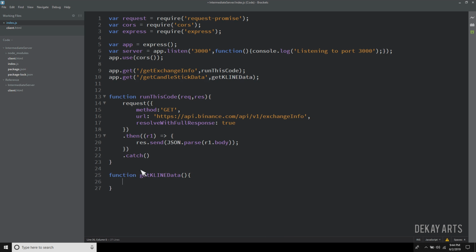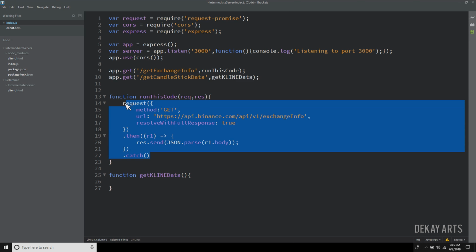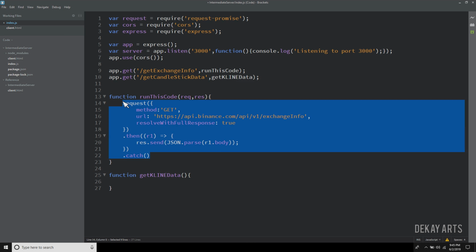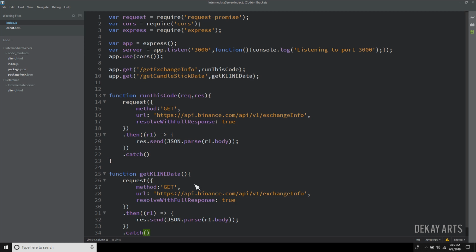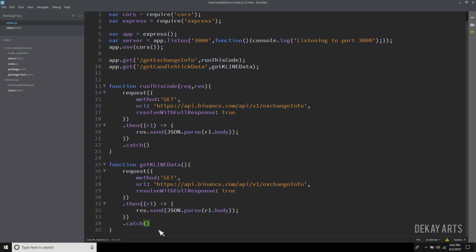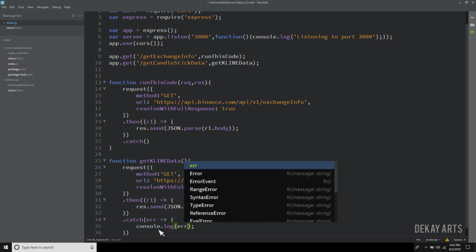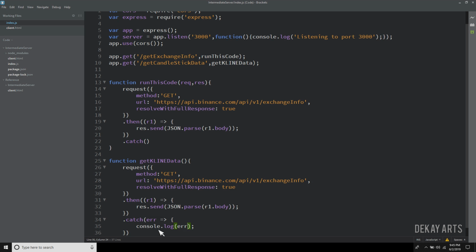Okay, and I'll just copy this code. You can see that I did not specify error. That's okay, we can do it, but the right practice is to write the code for error like this, err, just in case there is any network error or Binance is down, and all that stuff.